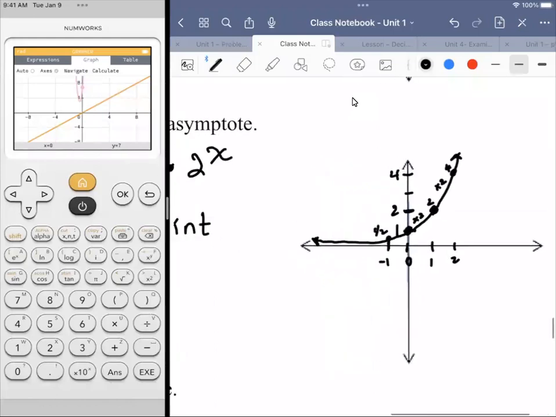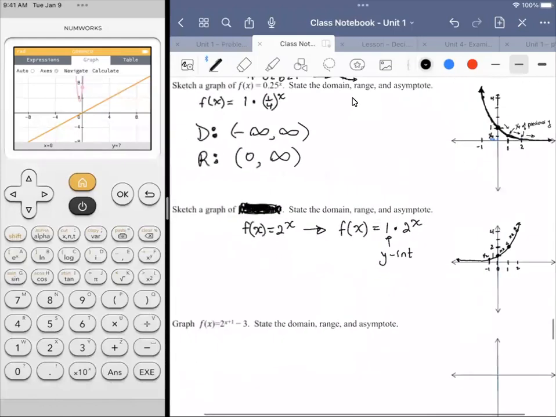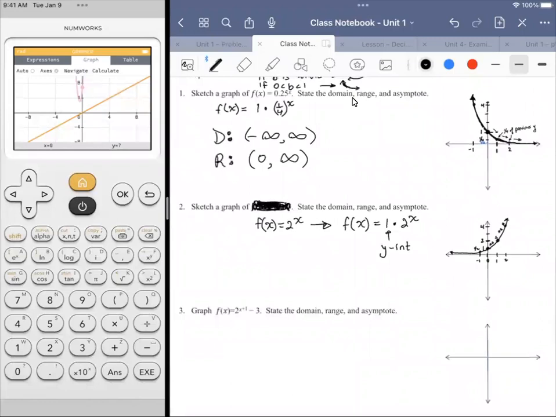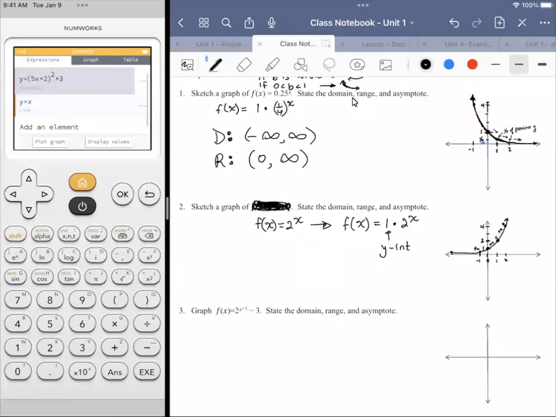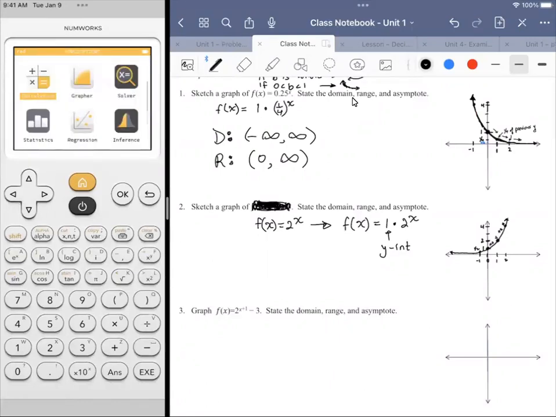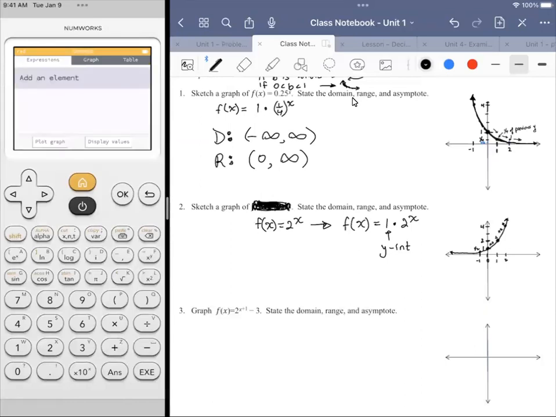All right. But let me show you very quickly, graphically, as in on the calculator. It's different from the other functions, but if you could type in a function of any kind into the grapher, then you should be able to handle this too. I just figured it'd be nice to actually go over it. So starting from scratch, again, in the grapher menu, okay to add an element. You could go f of x if you want, because all of these are functions. Or you could just do what we've been doing, type in y